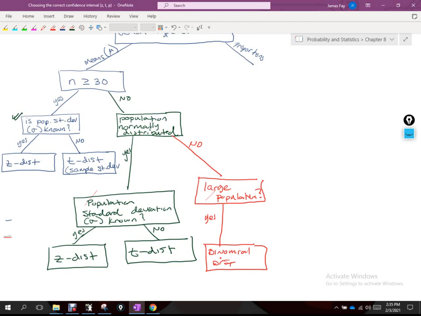When we talk about proportions in the next couple of weeks, that is essentially a binomial distribution as well. Remember, binomial means two, so you basically have a success and a failure. You guys remember talking about that? Fixed number of trials, probability of success is the same all the way through for every trial. So that's kind of what we target here if the population was not normally distributed and we had a large population. If we had a small population,